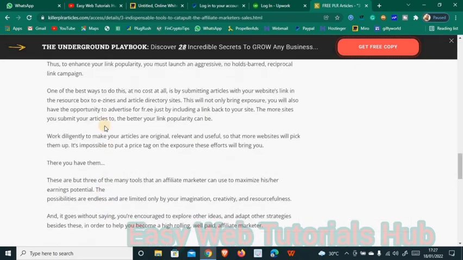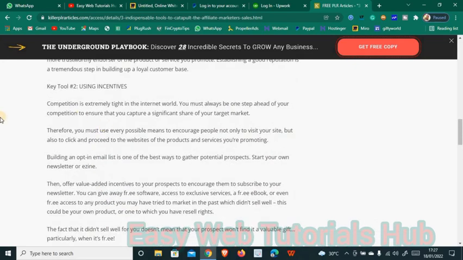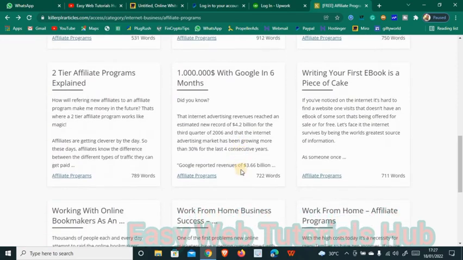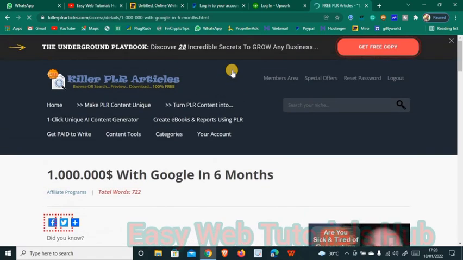But apart from that, you can see beneath it they are recommending some ebooks you can get and use, but you're going to be paying for them. So I want to be using another article. Okay, work from home business success. Look at the word count. Some are 722, some are 711, while some are 1000 words. So I'm going to be using, okay,